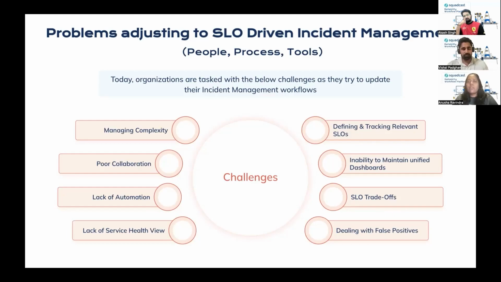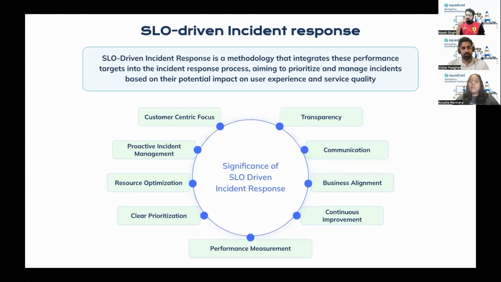So now we've covered the basics as well as the challenges associated with bringing in SLOs into your existing processes. I think now it's the right time to dive a little bit deeper and get better at understanding this. So the primal question, right? What is SLO-driven response? It simply means that teams should factor in the impact on business, customer success, user experience, as well as service quality, in addition to obviously the primary goal of being reliable and mitigating incidents as soon